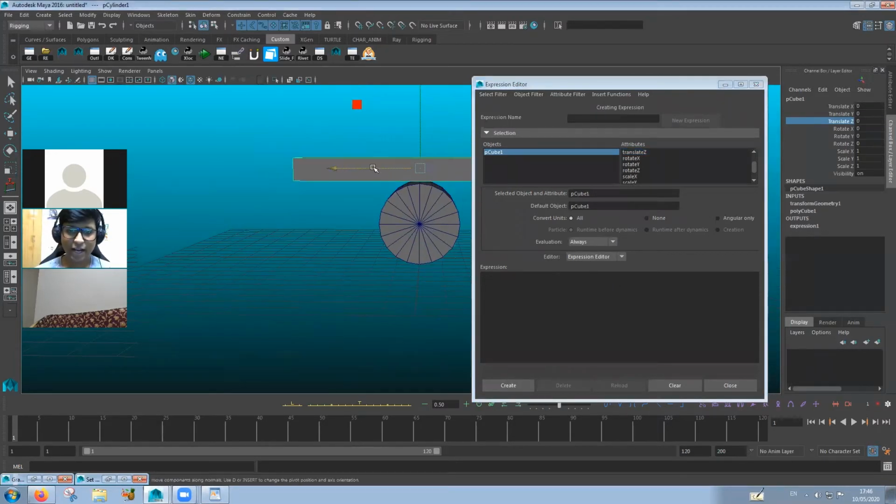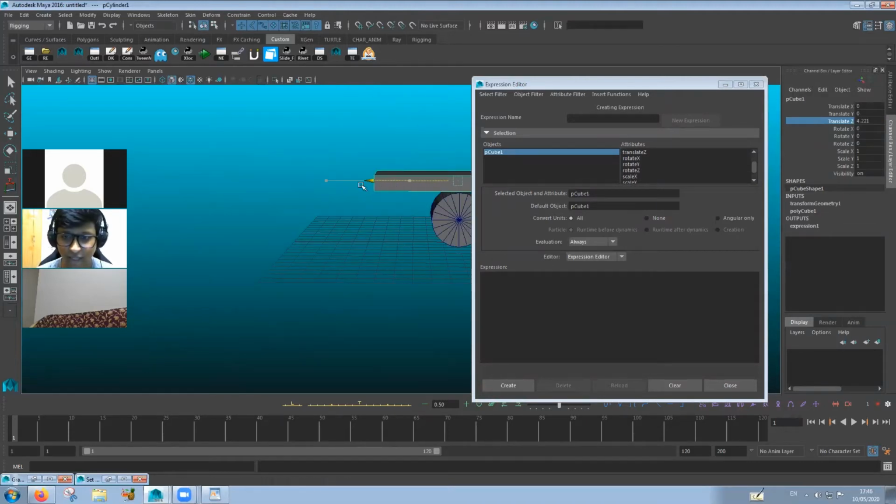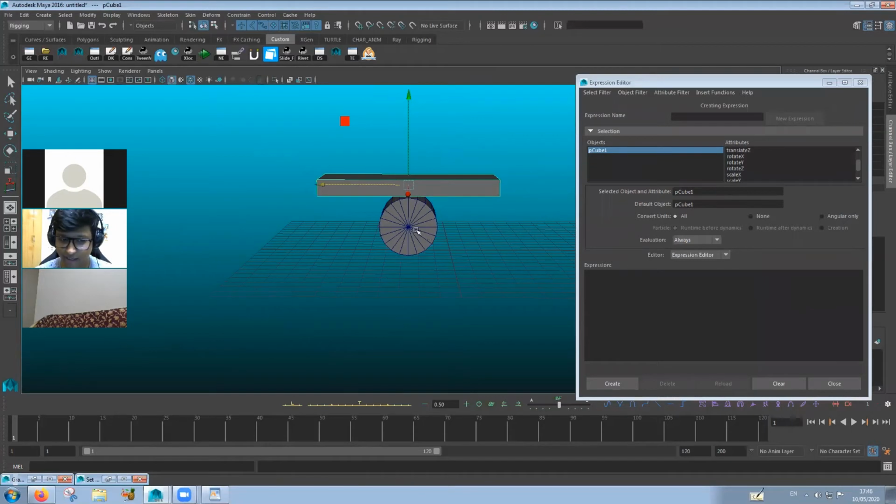We create. Now you see that right now it only moves with it. The translation, whatever value of your translate z is being copied to the translate z of your v. All right. So now the next step is to give it a rotation. Now we have to connect the translate z of this object to the rotation x of this object.